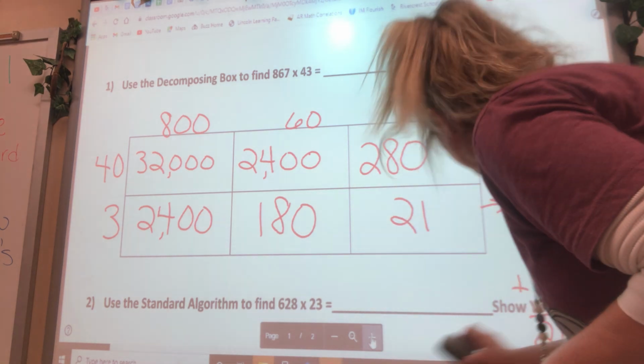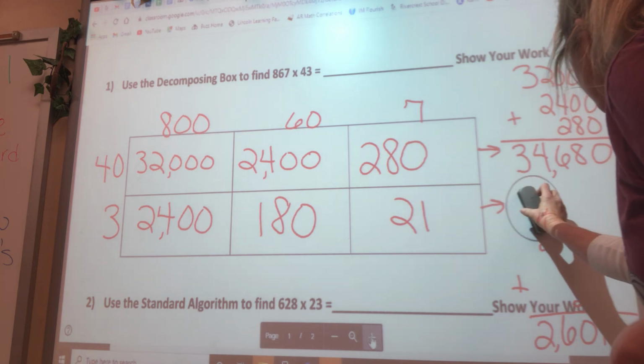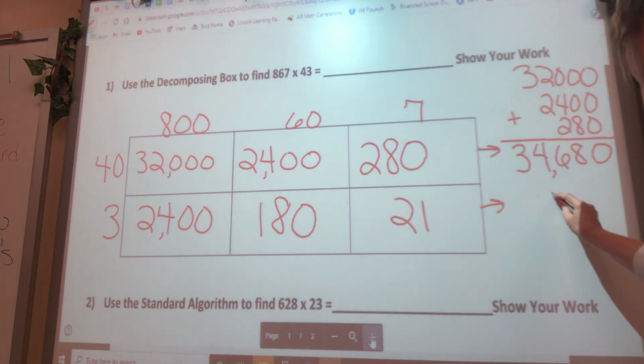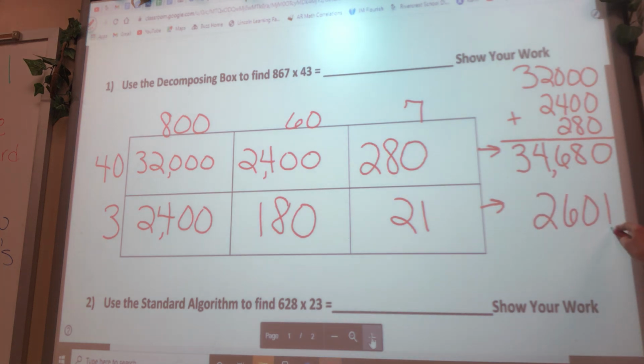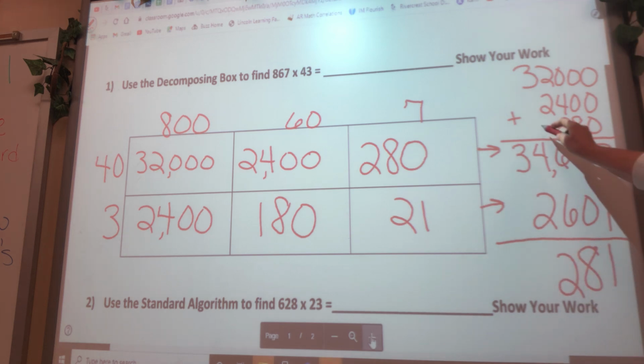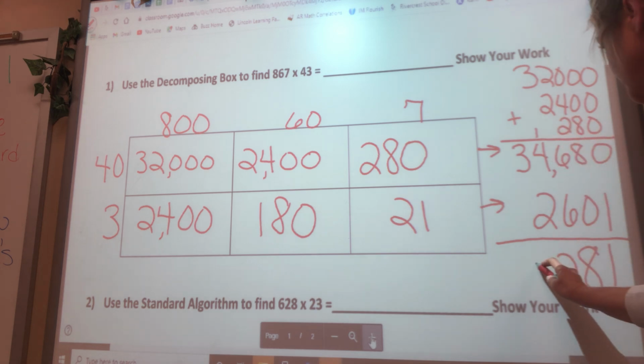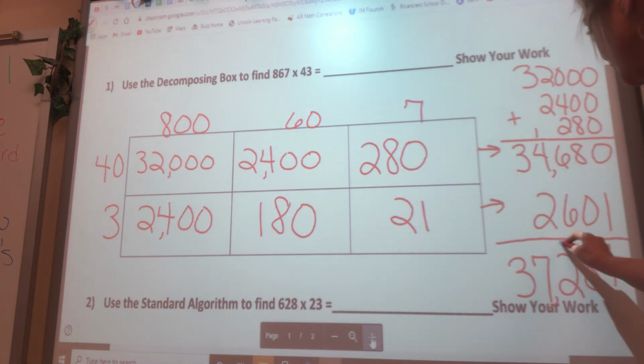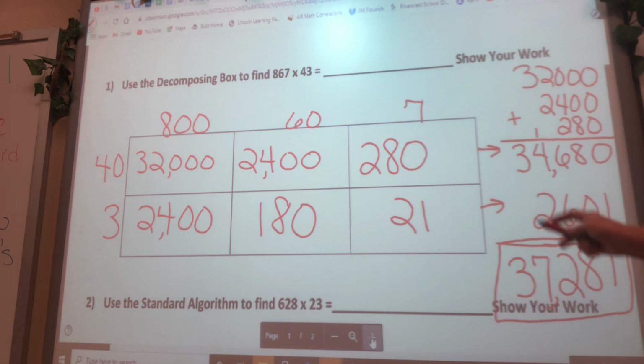Let me line those up just a moment. Let me get this out from under here so I can line them up better. We have 2,601. So we have 0 plus 1 is 1. 8 plus 0 is 8. 6 plus 6 is 12. Carry our 1. 1 plus 4 is 5. Plus 2 is 7. And 3 plus nothing is 3. So for our final product, we have